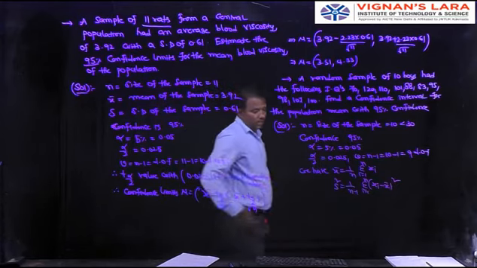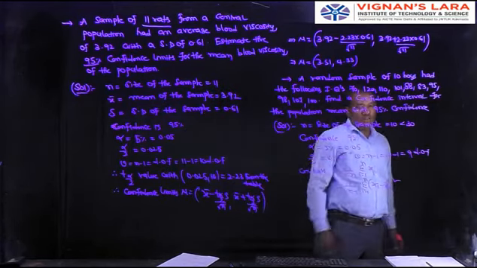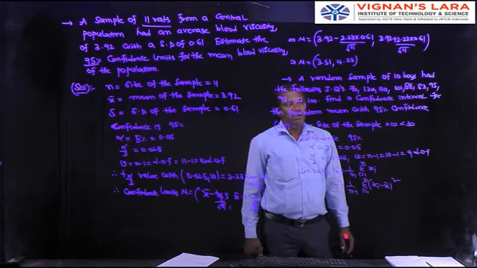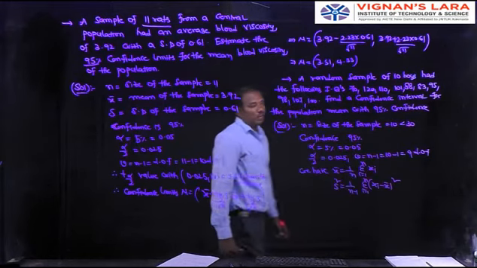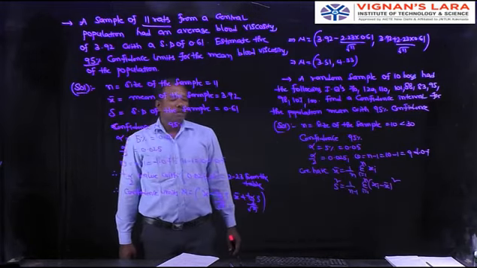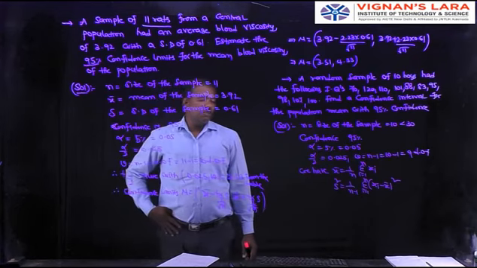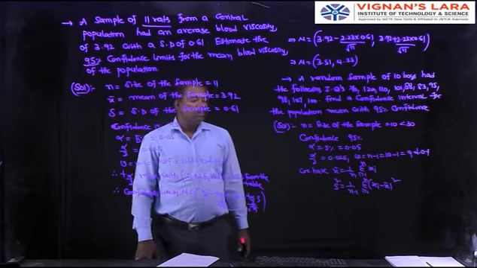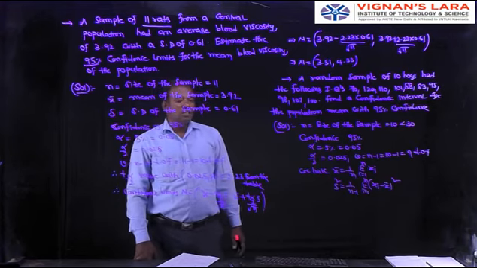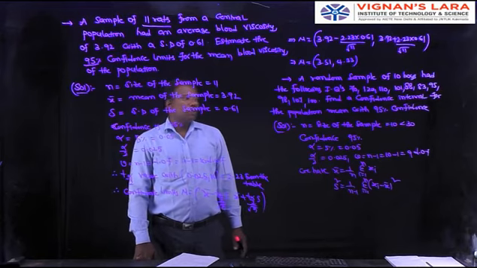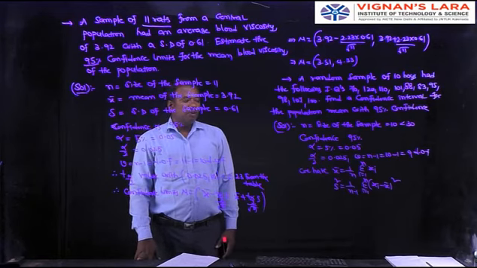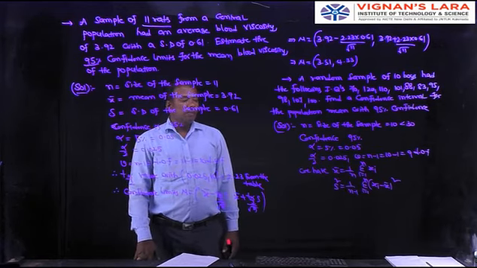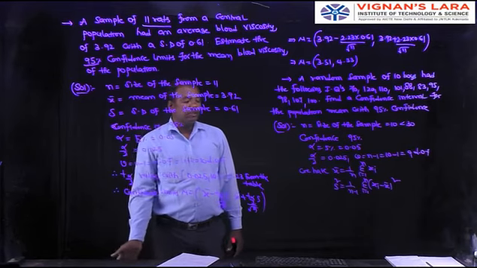So we have to calculate x bar and s square with these following values: 70, 120, 110, 101, 88, 83, 95, 98, 107 and 100. Then calculate x bar, s square. Then calculate the confidence interval. Here n, the size of the sample, is 10, less than 30, so it is a small sample. Confidence is 95%. The remaining 5% is alpha, that is 0.05. Alpha by 2 is 0.025. N minus 1, 10 minus 1, is 9 degrees of freedom.